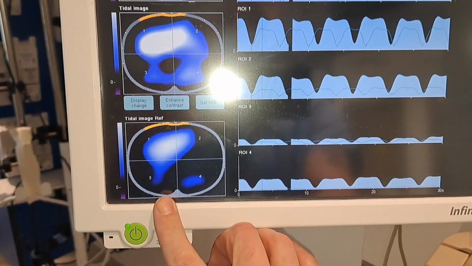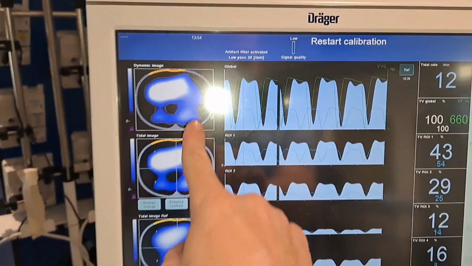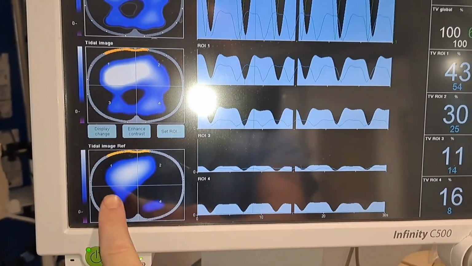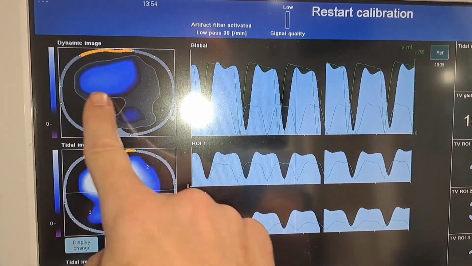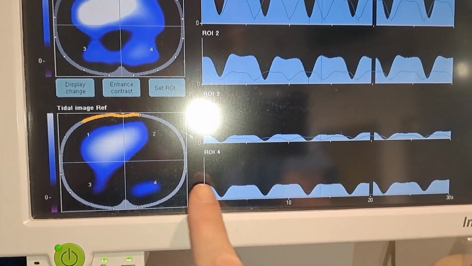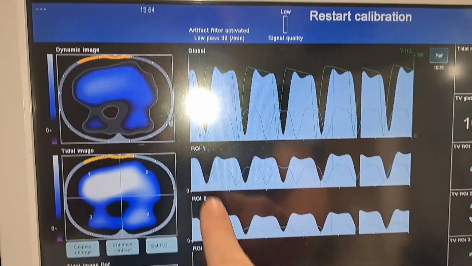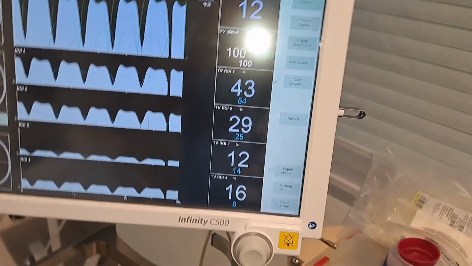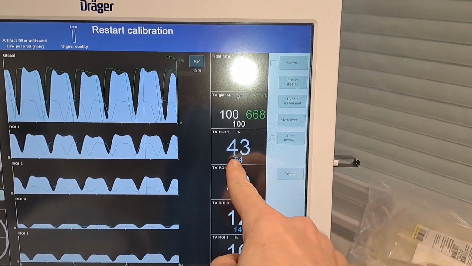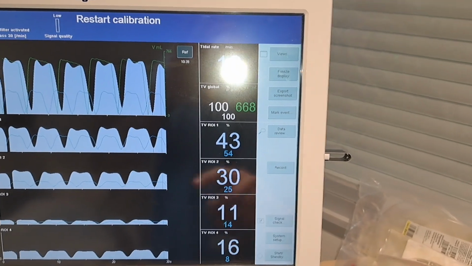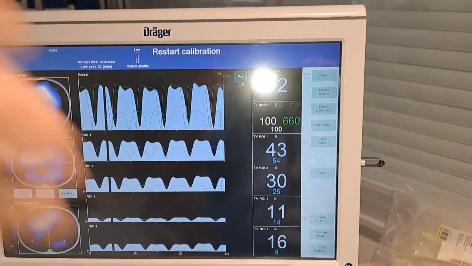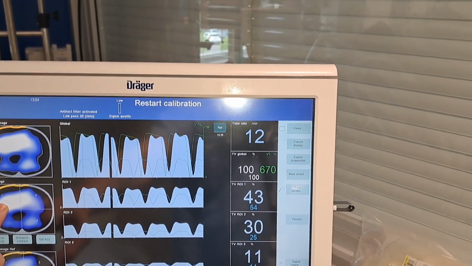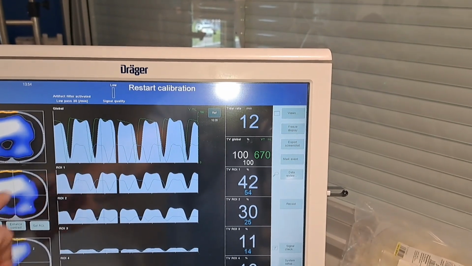So this is what we started with. This is where we're actually at currently, which is great. Look at the difference. There was no ventilation hardly here. Now we've recovered a bit here, and it's horrible here. And look how improved it was here. And what you can do is look at the regions of interest. So the blue, the 54, the 25, the 14, and the 8, those are percentages. So that 660 that you're seeing right here, 43% is going to the right upper quadrant, 30% here, 11 and